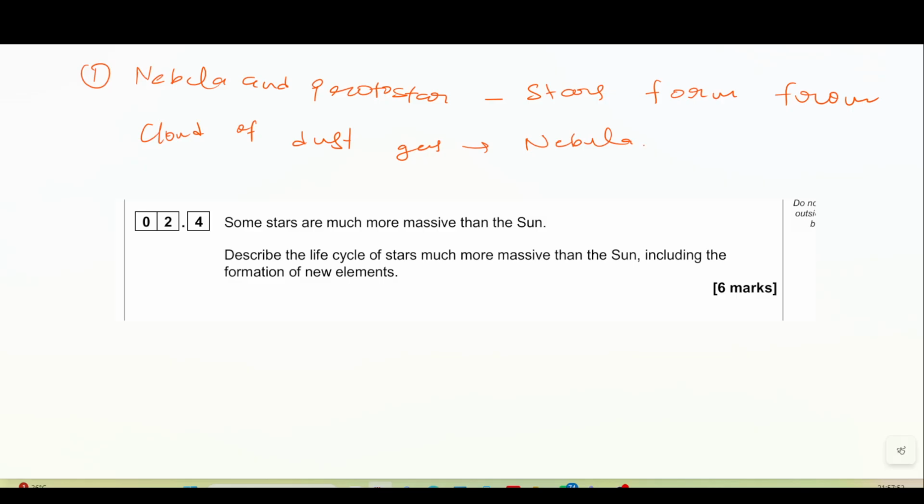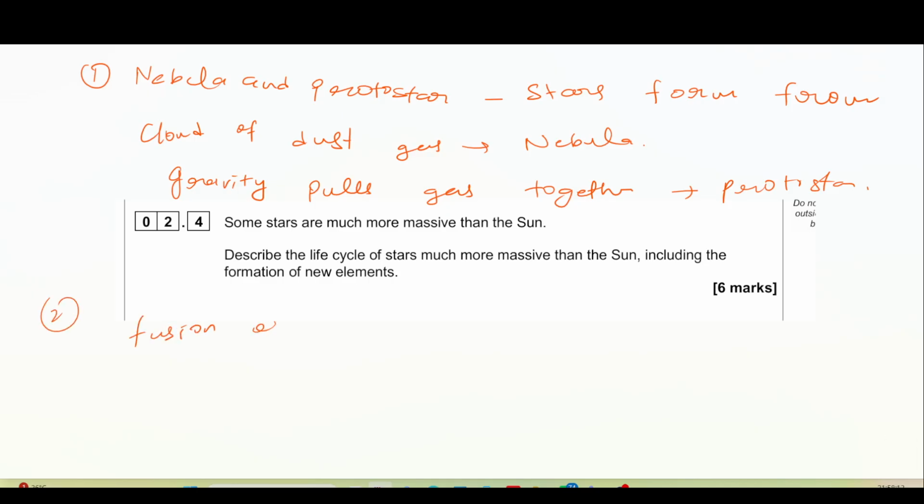Gravity pulls the gas together, which forms a protostar. After the second step comes fusion of hydrogen nuclei